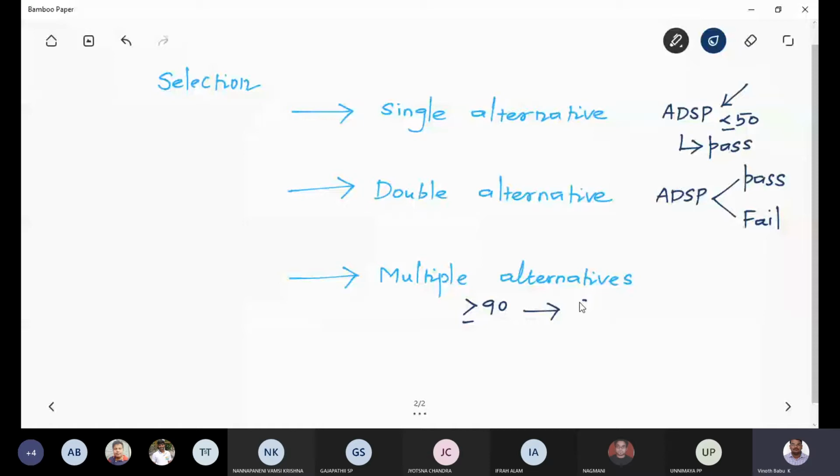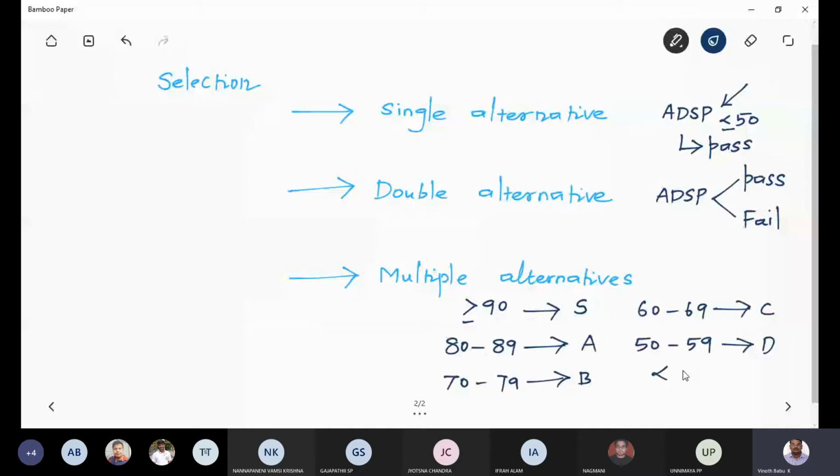Then 60 to 69, D grade. 50 to 59, E grade. Then less than 50, the else case. Finally, the else case, less than 50, I'm going to say F grade.